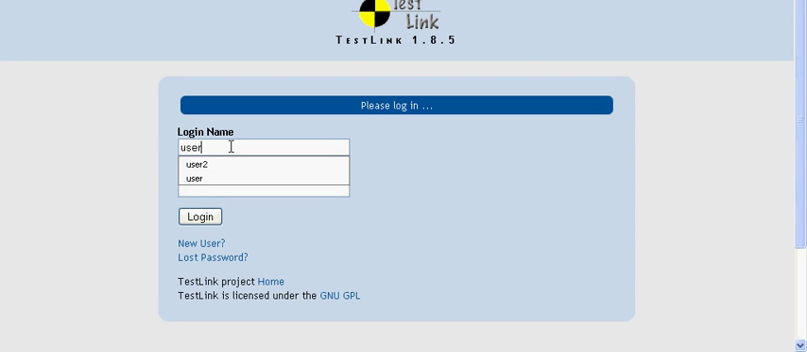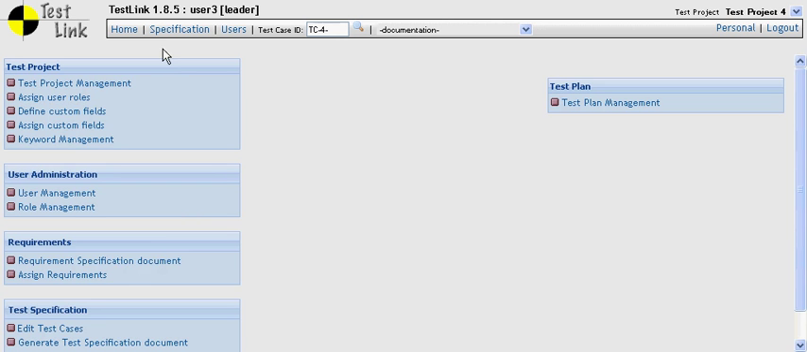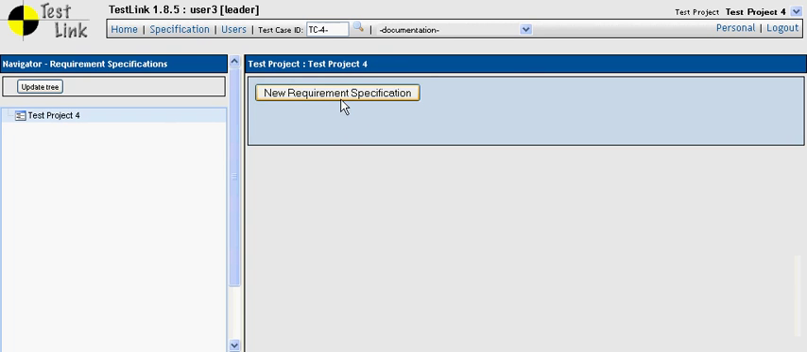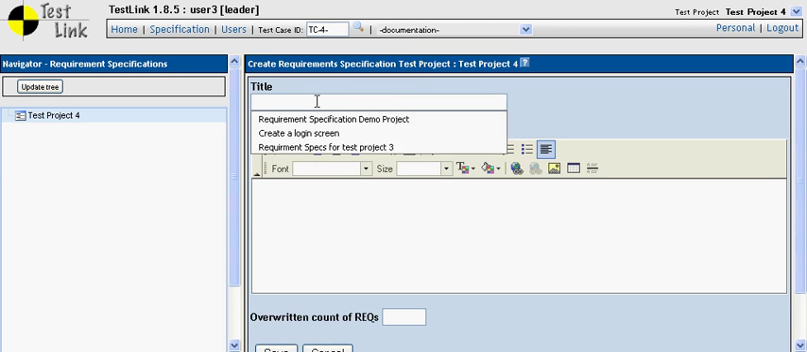So let's log in as user 4, and the password is 123456. I'm sorry, user 3. And now let's click on requirement specification document, and as we can see, the user has already been assigned to the test project 4. So now let's create a new requirement specification,